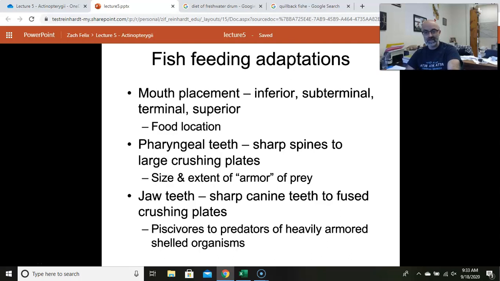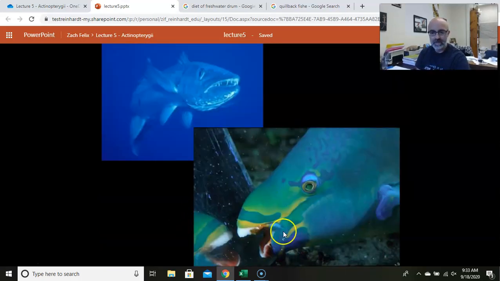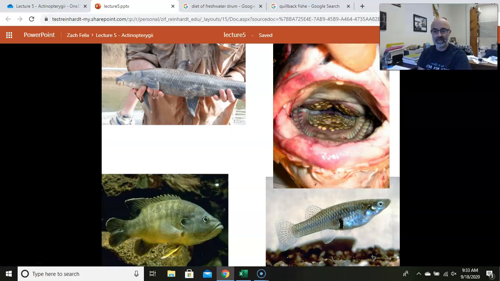Jaw teeth. So these canine teeth can be fused into crushing plates, right? So we can see that in the parrotfish. Okay, parrotfish actually eat coral, and they say a lot of sand comes from the action of fish like parrotfish scraping off coral, crunching up the coral, the hard skeleton of the coral, and then spitting it out. Right. So again, we see inferior mouth placement,